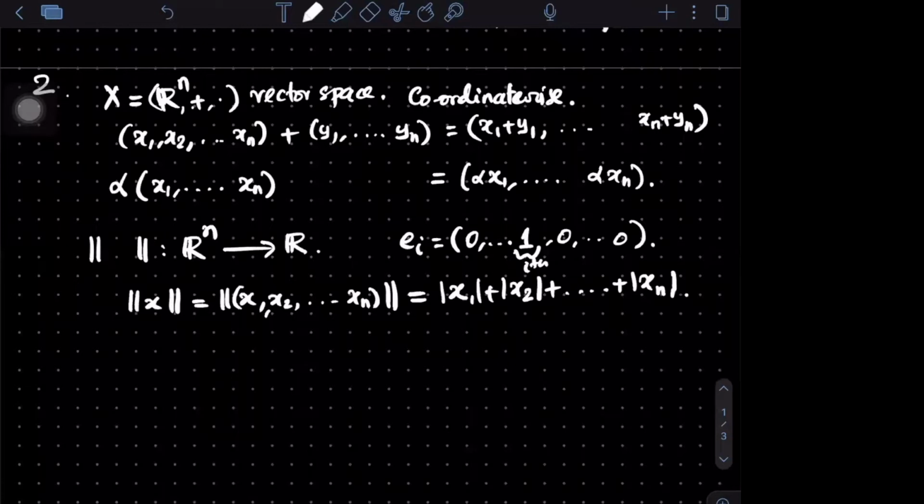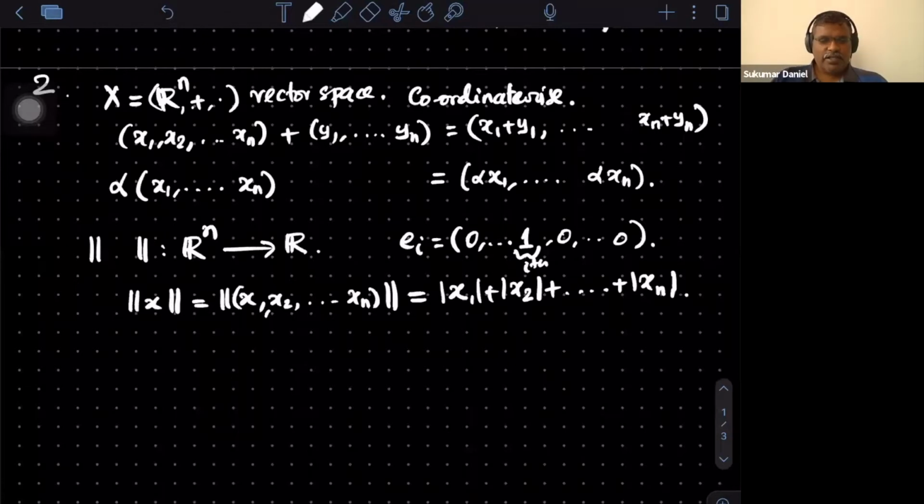Now this I am doing only once, but whenever we come across such a new function and definition, please make sure that you are trying with few examples so that the definition is a little closer to you and familiar to you. So all that I need to check is each of these properties.